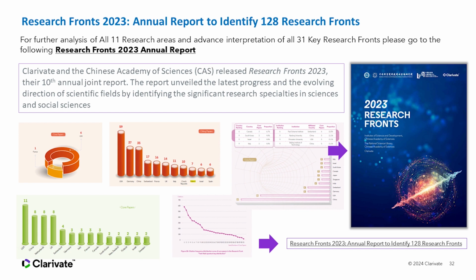So it is the 10th annual joint report between Clarivate and the Chinese Academy of Science. And you see here the latest progress and the evolving direction of scientific fields. And the way we do that now, you understand how it's done. You look at publication data, citation within the field. You look at core papers, highly cited papers, and you look at the emerging ones and the new research fronts,